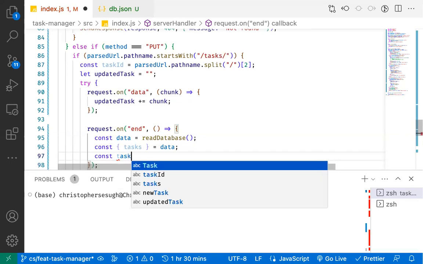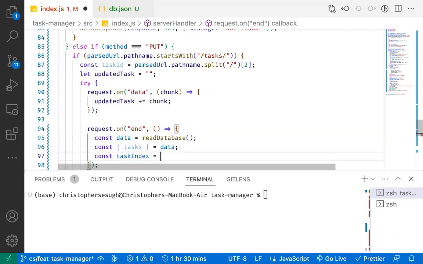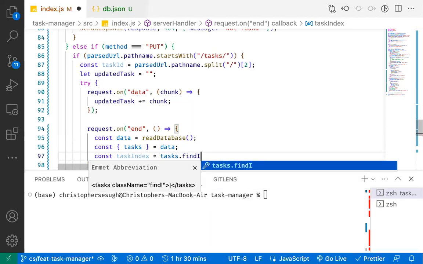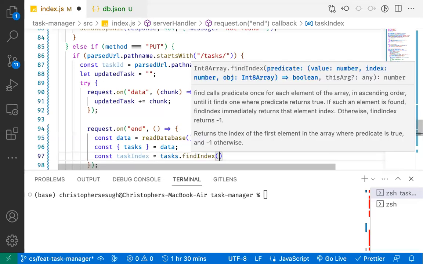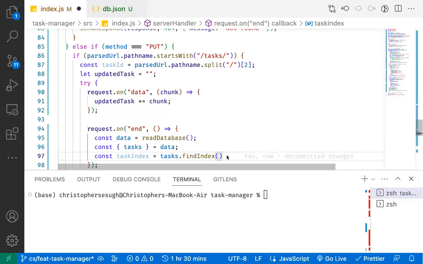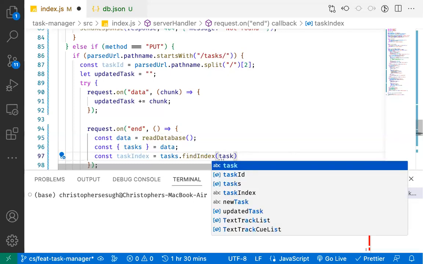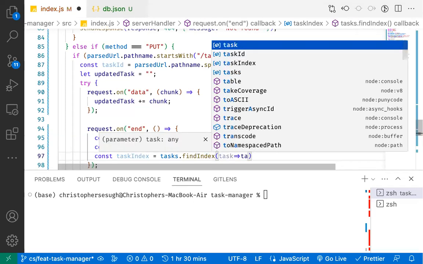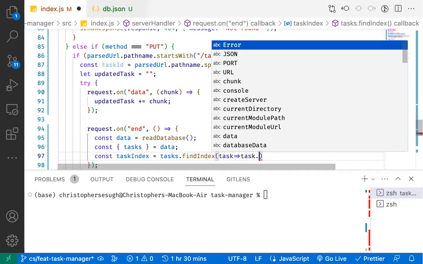And taskIndex is equal to tasks.findIndex. Talking about findIndex, the findIndex simply finds the index of a given element. You're supposed to know all this, we're not for beginners. If you don't know, tasks.findIndex will go through the array, then for each task, you say task.id is exactly equal to